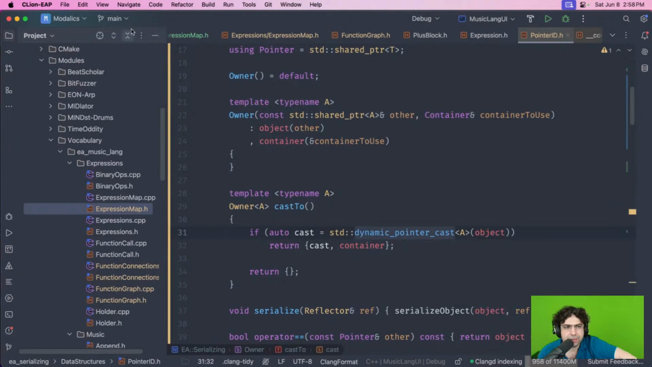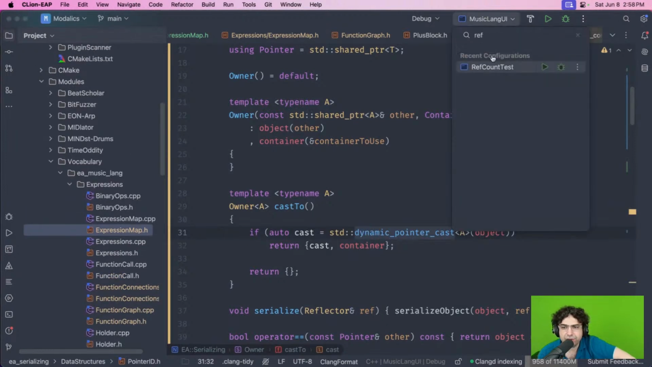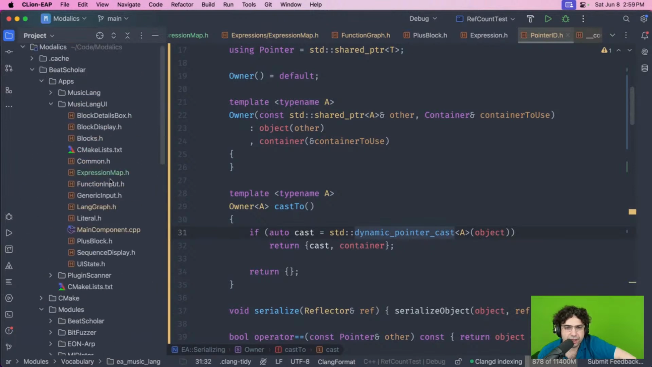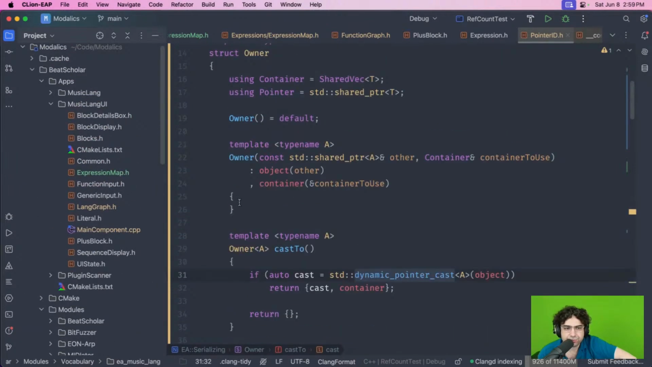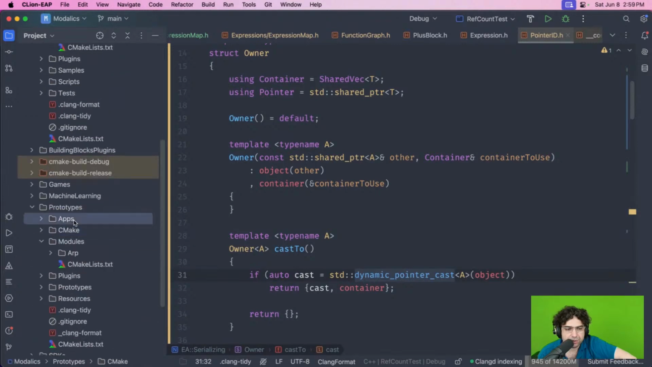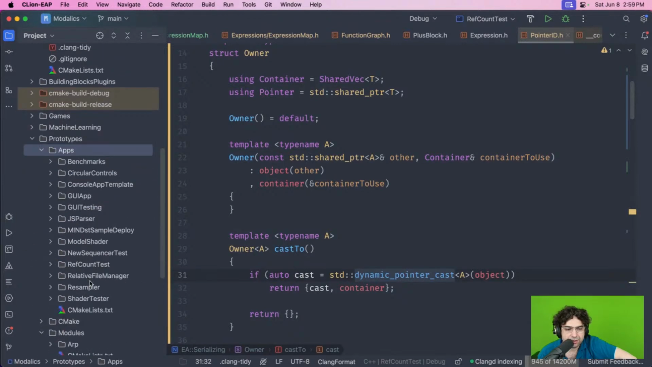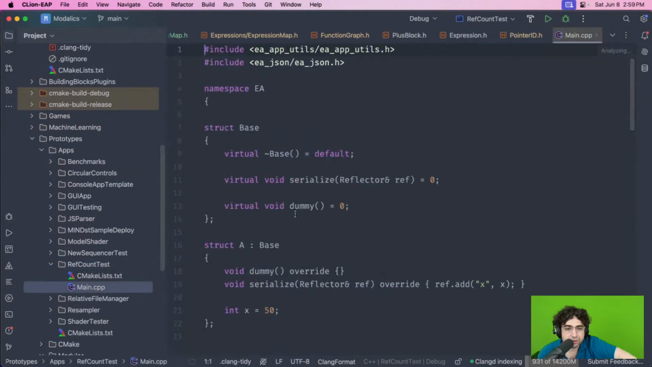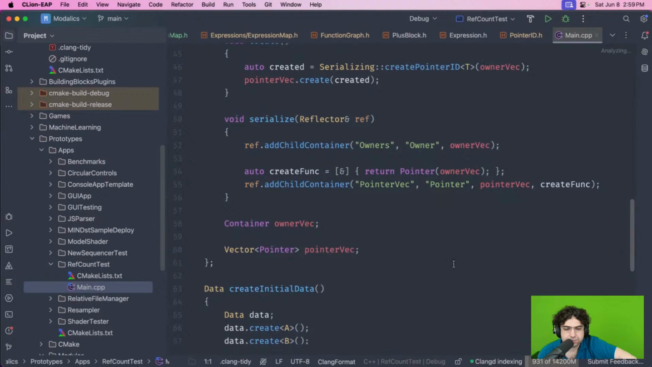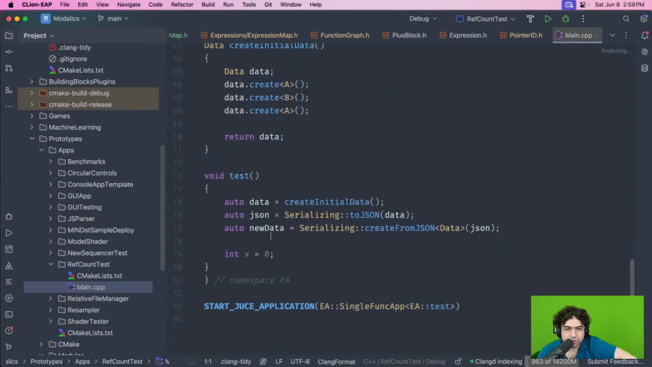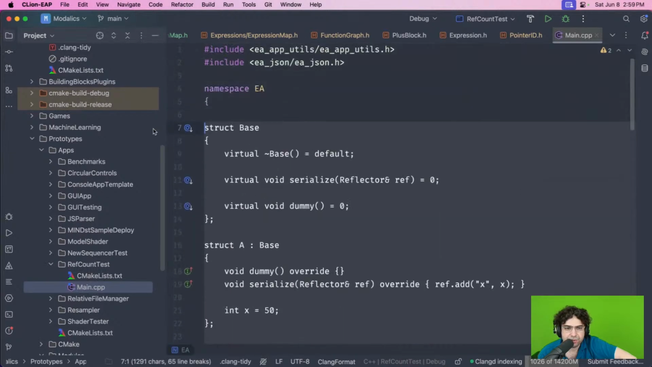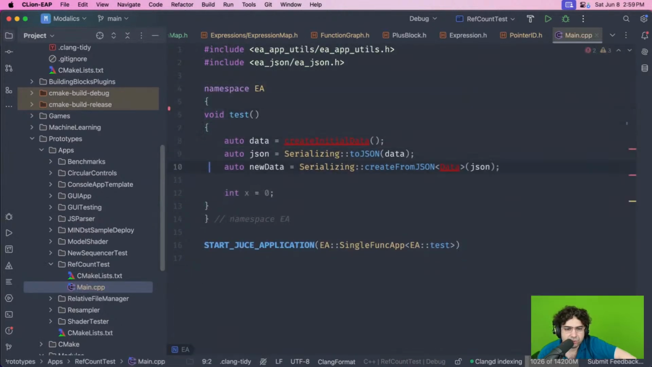Let's try it manually. I have something called a ref counted test, some console app that I'm using for these tests. Let's try to have a very simple use of this. So let me go to my prototypes apps. Ref counted test. Okay, here you go. I can just remove most of this crap, everything from here, and I just want to create